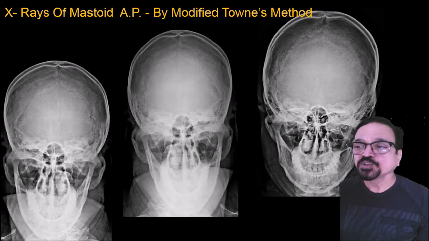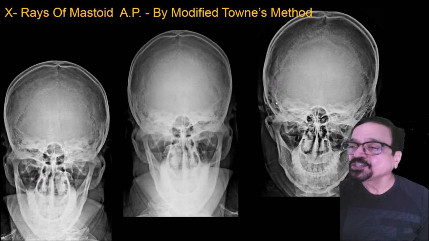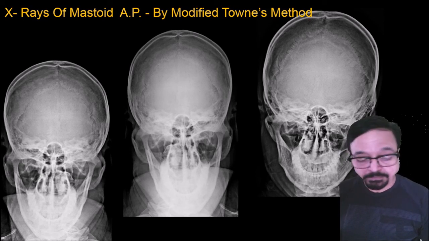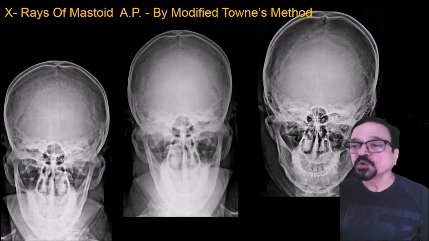Now here I have shown you 3 radiographs. Now you tell me which is correct. In this, what you are seeing, the petrous are not much projected above the base of the skull. Look at the foramen magnum. So they need to be projected above. Here you are seeing, here also you are seeing. Now here they are slightly better visualized. Here they are slightly better, they have come slightly above, and here they have come perfectly above. So what is important here is you should see it above the base of the skull, and if required, the angle needs to be modified from patient to patient. The same angle may not hold good for 2 patients.